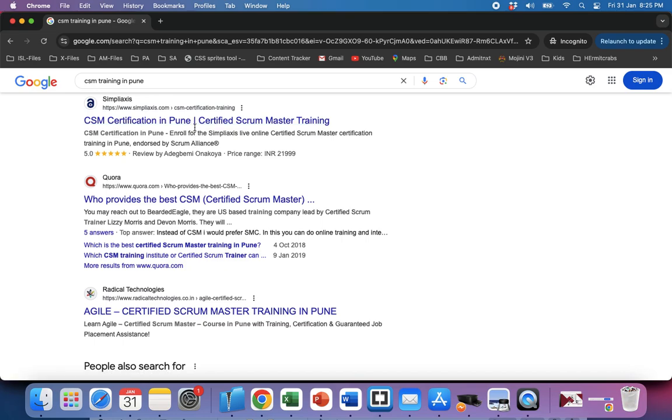The semicolon or comma might take 10 pixels and push it higher than 512 pixels or 70 characters, and now this complete text will get truncated. It might show only up to Pune, CSM certification in Pune. So it's not about mobile or desktop. You have to maintain the guidelines. Your title has to be below 512 pixels, or in terms of characters, less than 70. Why we suggest avoiding special characters like semicolons, colons, and dollars is that they take more pixel value.